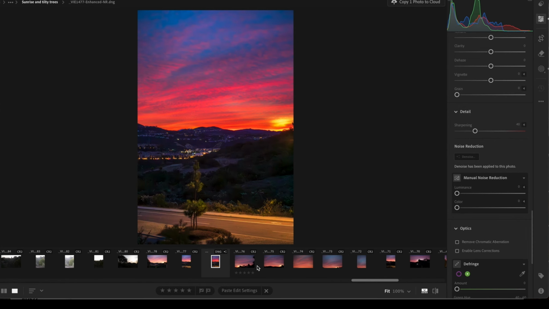But this is a super good example of knowing your ISO limits and using the tools at hand to make the best out of your situation. And in this case, the noise reduction worked out really well. So this is an image I could share online, and it's very beautiful. This is just a gorgeous sunrise,